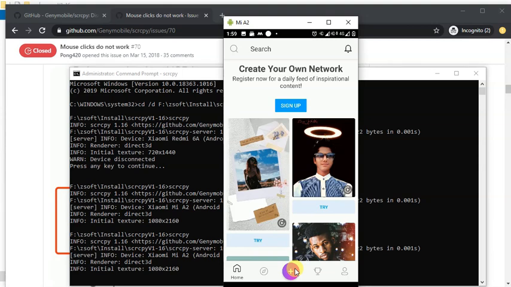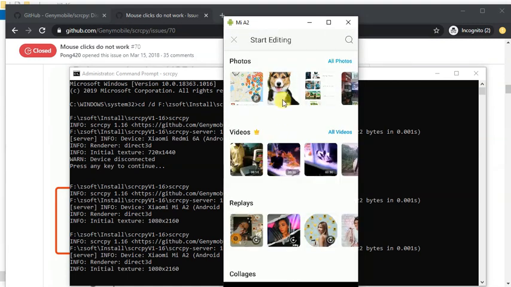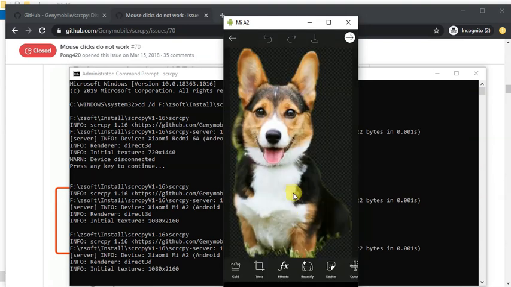So in this way you can zoom using two fingers on the Android screen, and you can use your mouse pointer to select the precise points and make an edit in Windows itself. So both ways you can do.